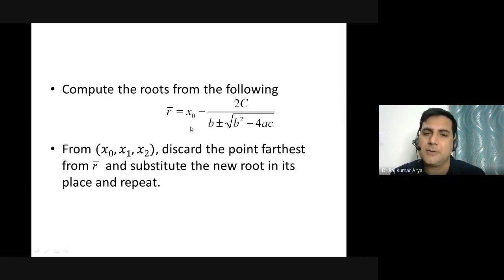So you will calculate the value from here, and whichever is close by, consider those three values and discard the other one, and then repeat. You will continue, and at the same time calculate your function value and check whether it is within the given tolerance range, or is it equal to 0 or not. 0 will never come in numerical analysis, so you have to give some function value from your side. Okay.